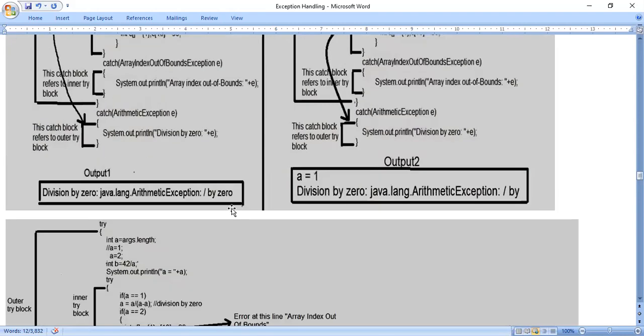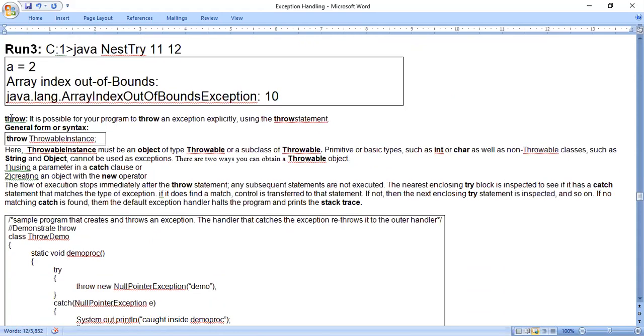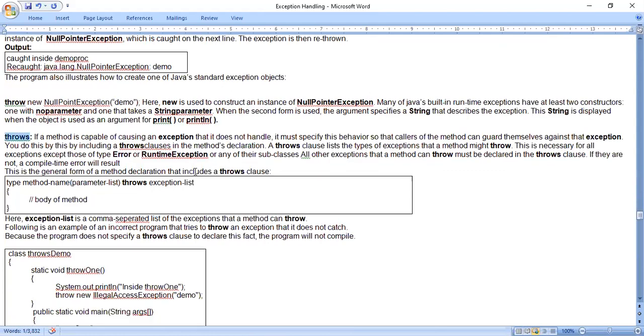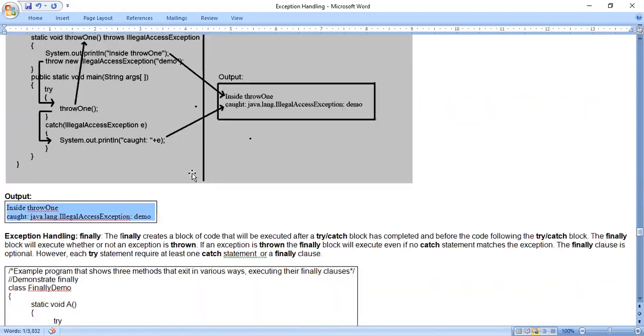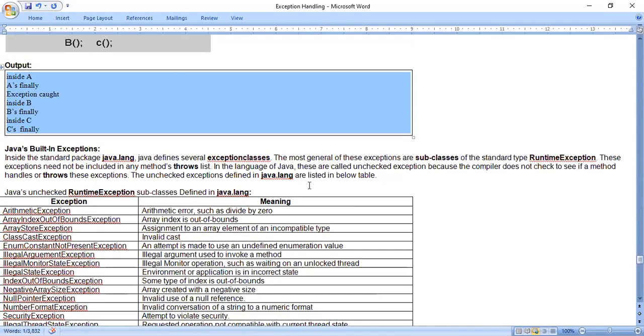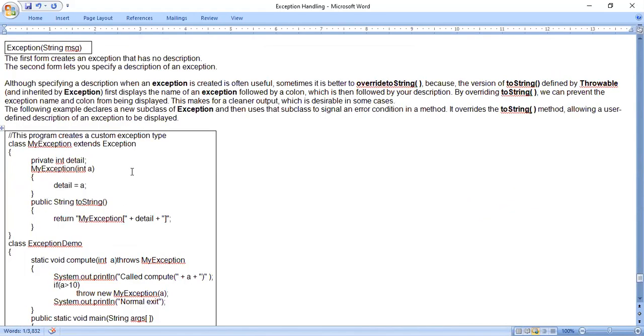After this we have the next keyword, throw. After throw we have the throws keyword. Then we have the finally keyword. Three keywords are there. After these three keywords, one more interesting topic is creating our own exception classes.